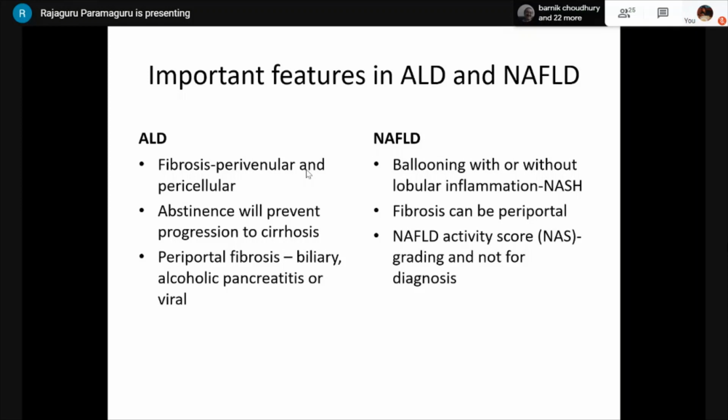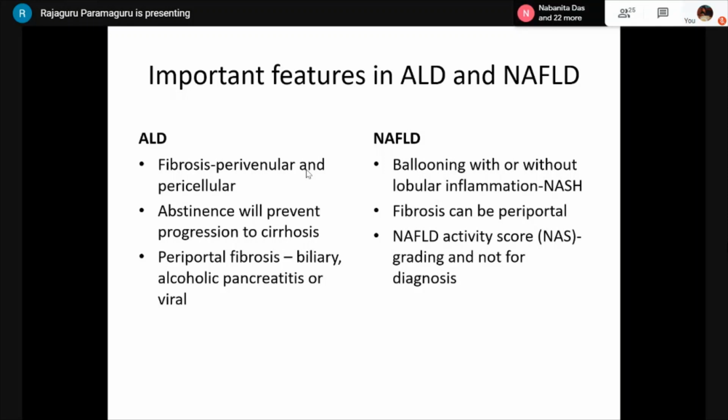Then when it comes to NAFLD, you have to remember that presence of ballooning alone indicates that the patient is having steatohepatitis. There might be or might not be lobular inflammation, but usually in a steatohepatitis you will be able to find some lobular inflammation, but ballooning is the telltale feature for steatohepatitis and not the lobular inflammation. Please keep in mind. And I think you will be remembering the CK8-18 stain, which can be used to highlight the absence or reduction in the staining of the hepatocytes in ballooned hepatocytes. If you have trouble, you can make use of immunohistochemistry.